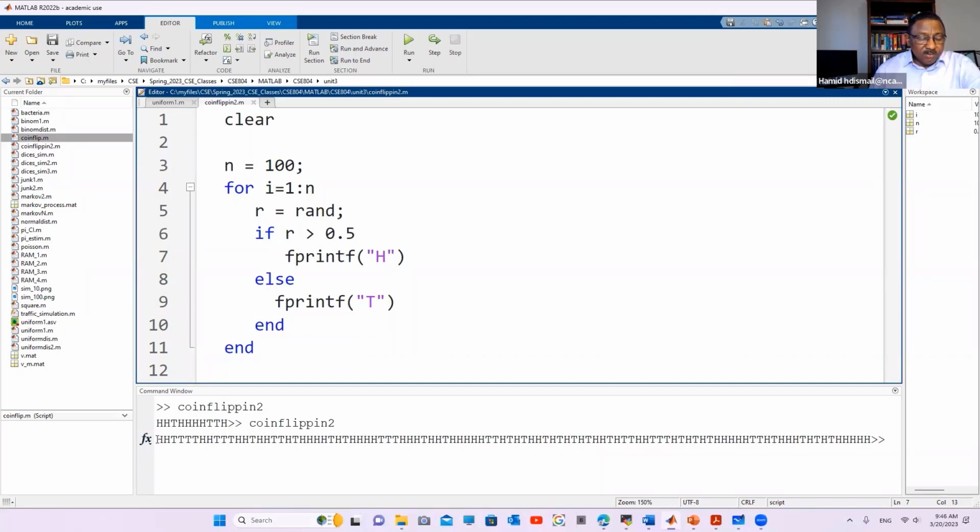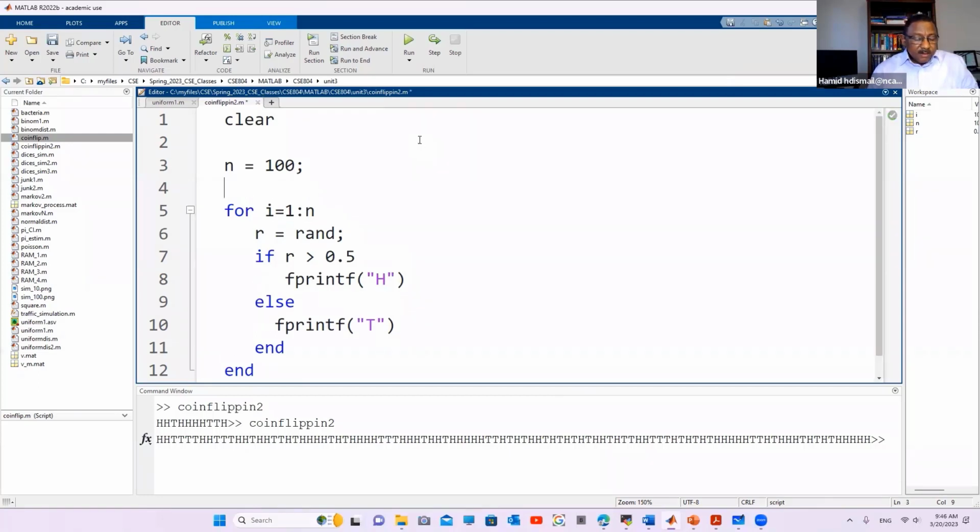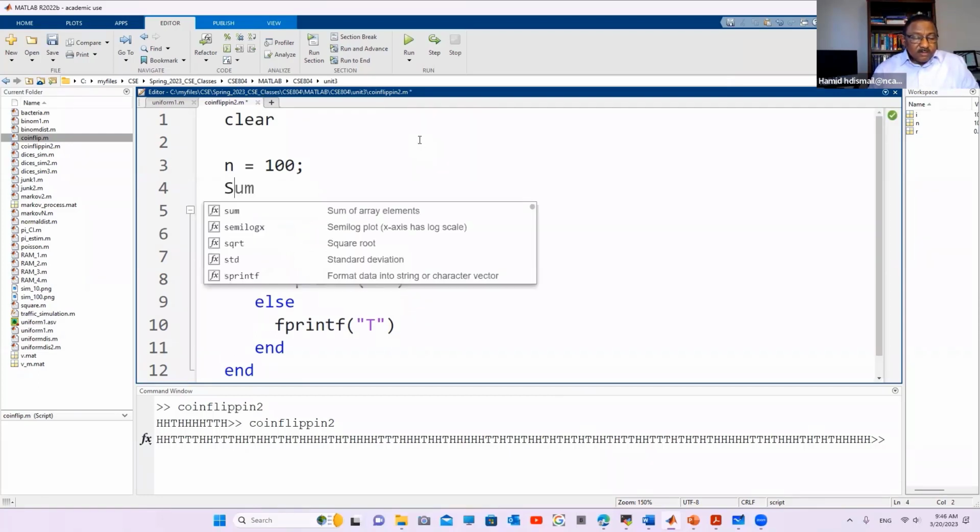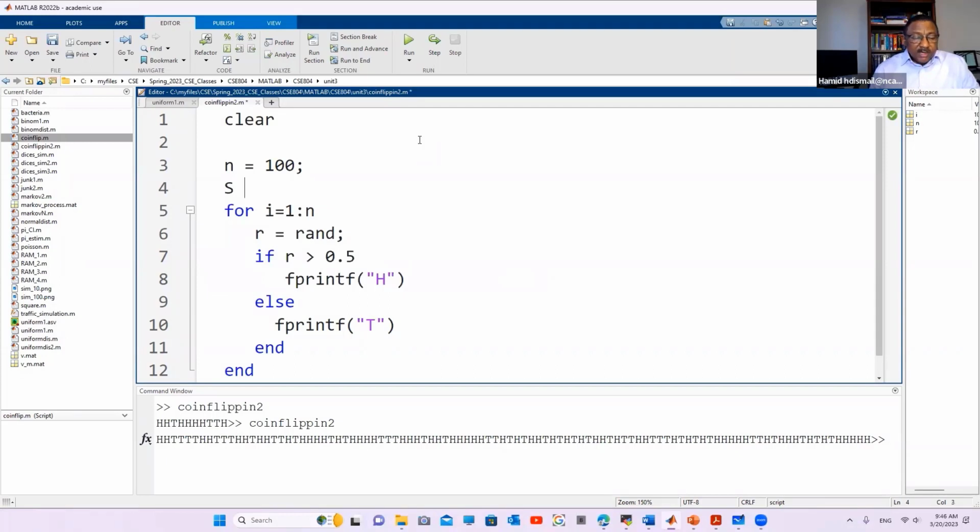We need to compute the probability to see whether it is true or not, because we know that even if we repeat the trial different times, at the end, we should get 0.5 probability of success, right? Because it is a fair coin. So let us do something. To store, we create